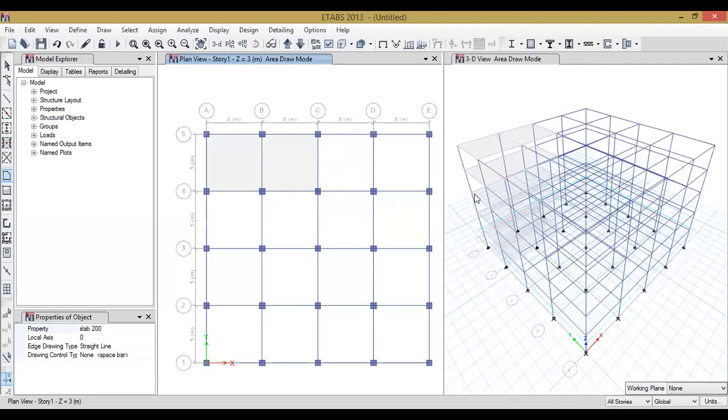Parallelly, you can also see here in the 3D view that a slab property is defined, right? So similarly, draw slab for each corner we have defined.